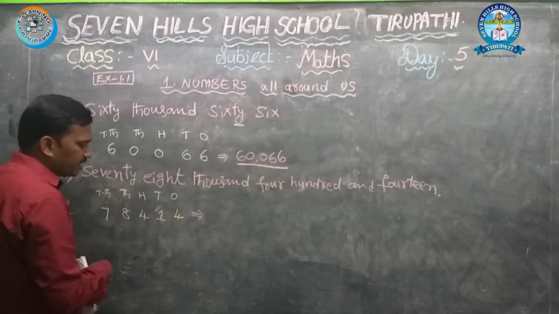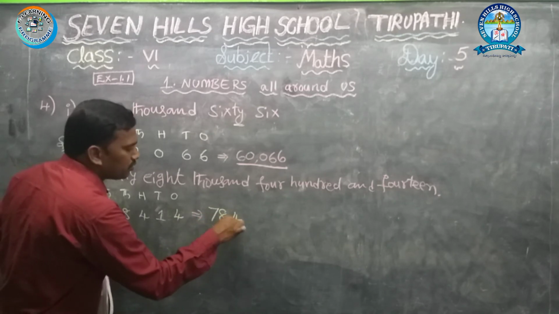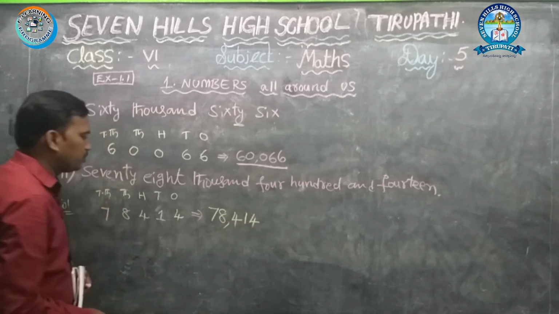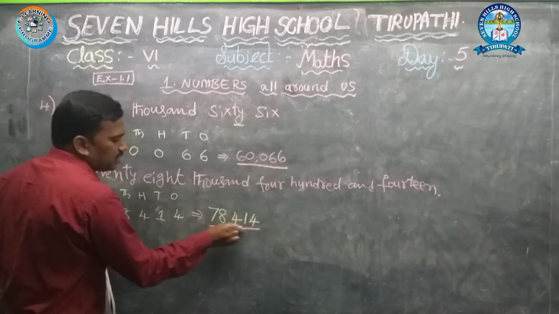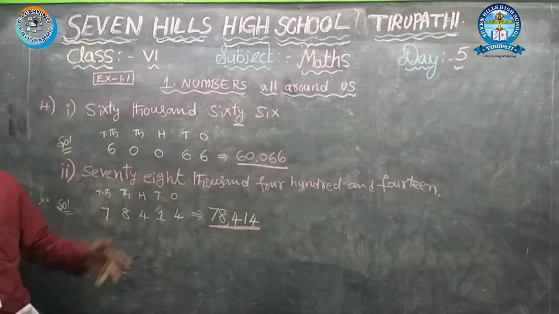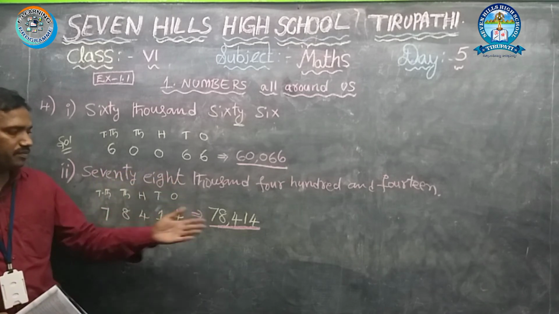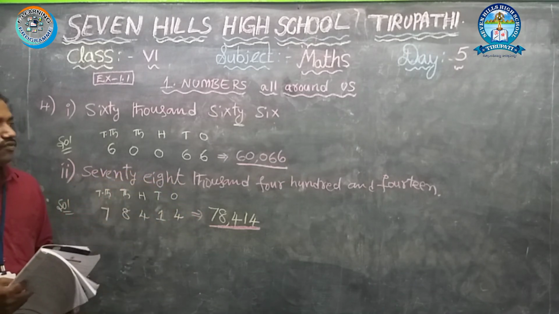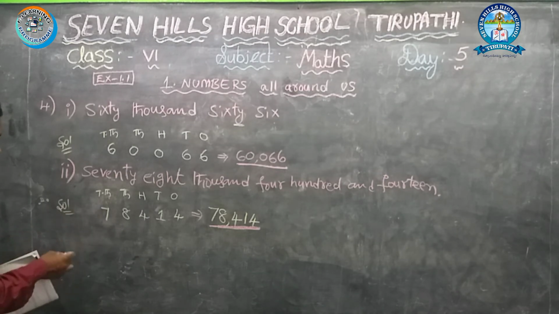So the number is 78,414. This is the numeral for the number name. And the third question is